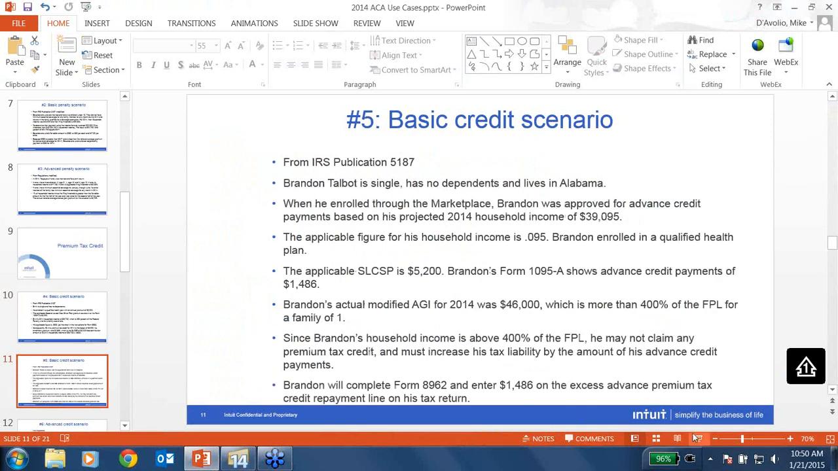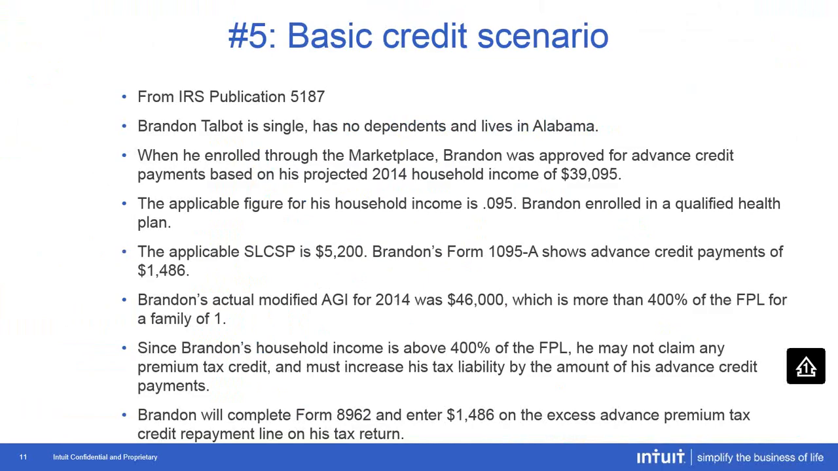Okay, moving on here. Another basic credit scenario, use case number 5. Also from IRS publication 5187. Brandon Talbot, single, no dependents, and lives in Alabama. When he enrolled through the marketplace, Brandon was approved for advanced credit payments based on his projected 2014 household income of